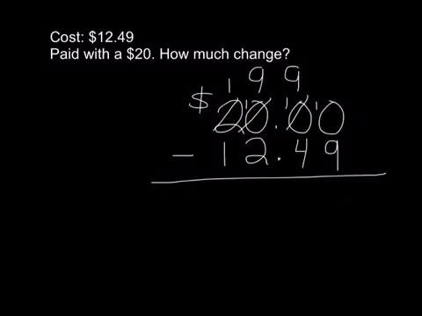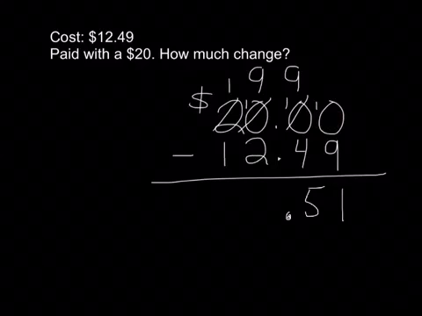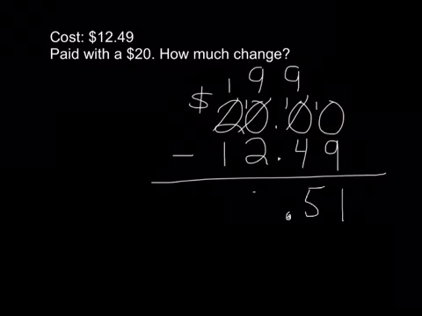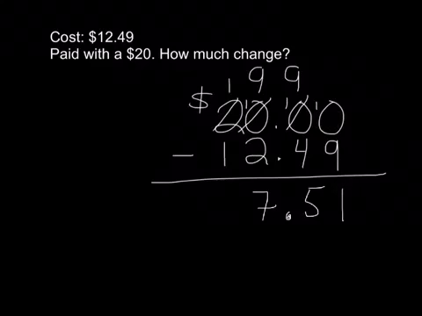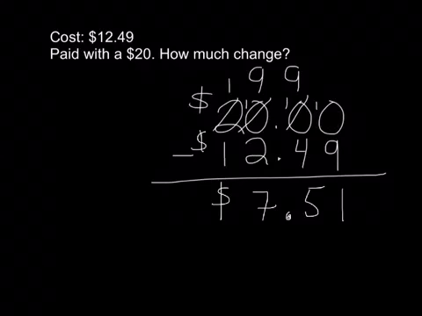So 10 take away 9 is 1. 9 take away 4 is 5. I bring down my decimal. 9 take away 2 is 7. And 1 take away 1 is 0. I can put the 0 there, but I don't have to. It's up to you guys. So I leave it, and then I want to also make sure I have my dollar sign, and I'm left